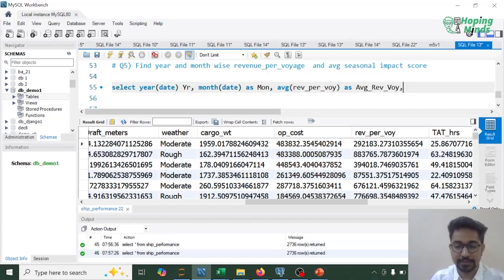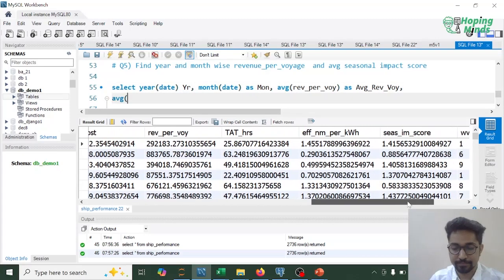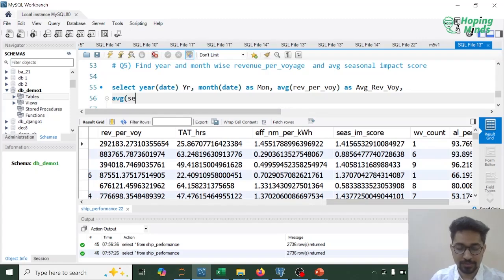And then over here I can compute average seasonal impact score, and I'll call this average seasonal impact score. All right, and from the table name is ship performance,